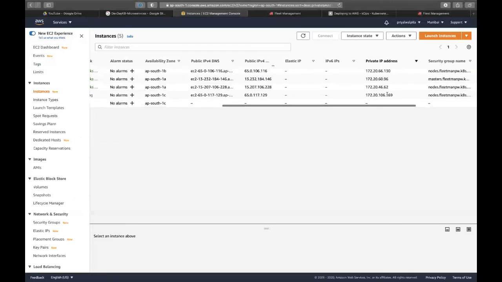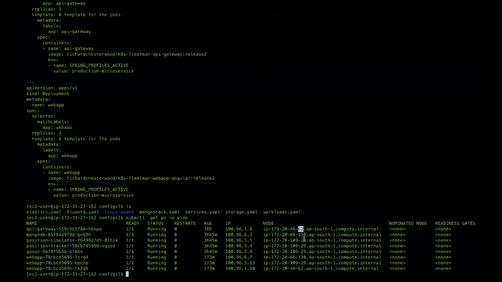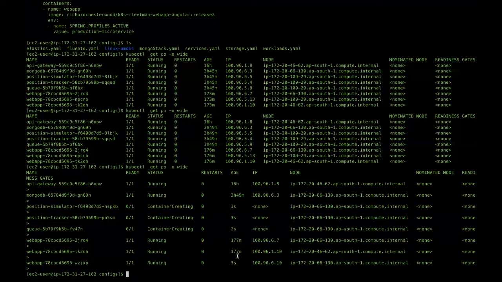If we go back into our console again, you can see that there was no IP ending in 169 earlier. So let's examine our pods again. You can see that it has still not been updated. We have deleted one, and it still has not been updated. So the server is still spinning up. Eventually, what would happen is that when that node is ready, the server 169 should be there.